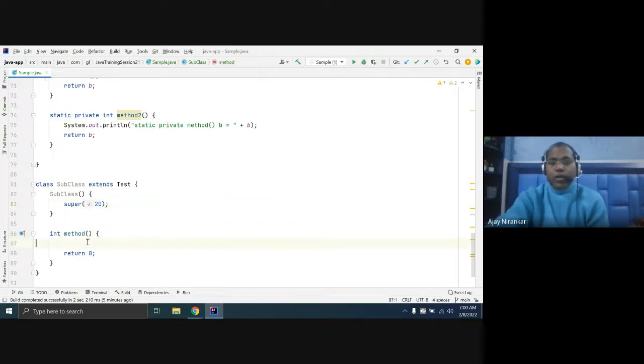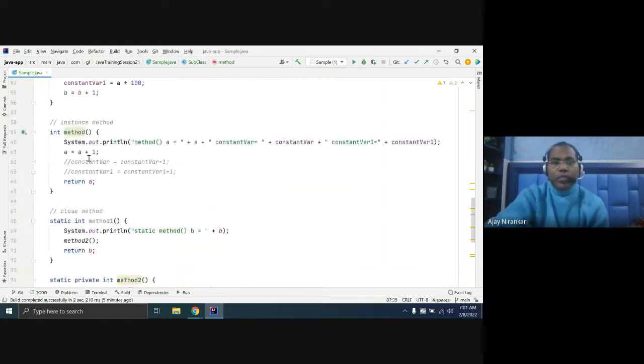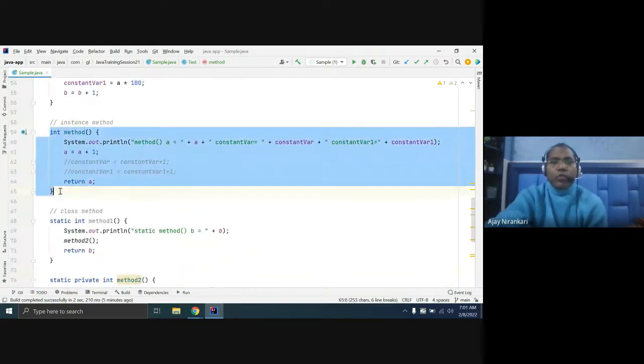Here this is allowed, you can override this method. Override means you can define the same signature inside a subclass. Okay, this will be allowed. But whenever you say I don't want to allow overriding, you have to mark